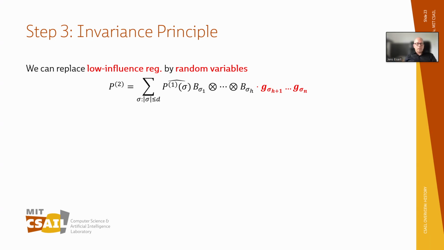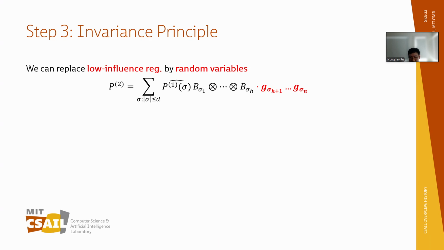Yeah. Very good. And then when you make the changes, you can change the Paulis one at a time, and each time you change, you incur an error of like the influence of the register. So these are all low influence registers, so this error is going to be bounded. And this is a generalization of the invariance principle on Boolean functions. And for Boolean functions, the invariance principle is a generalization of the central limit theorem.